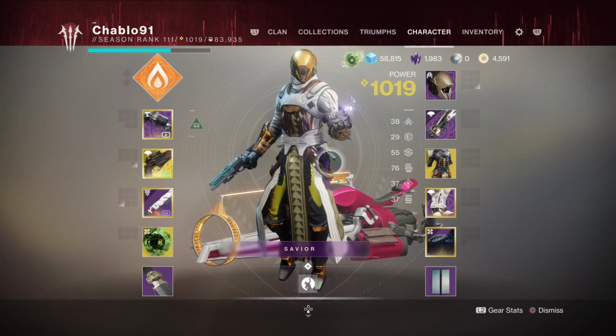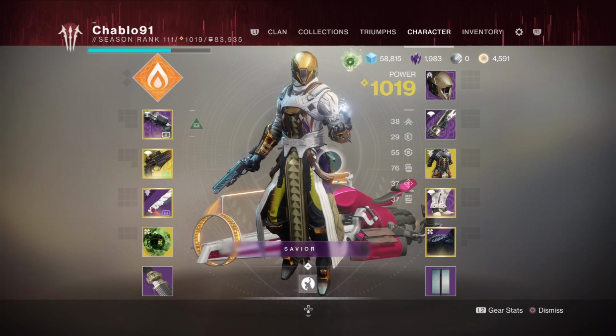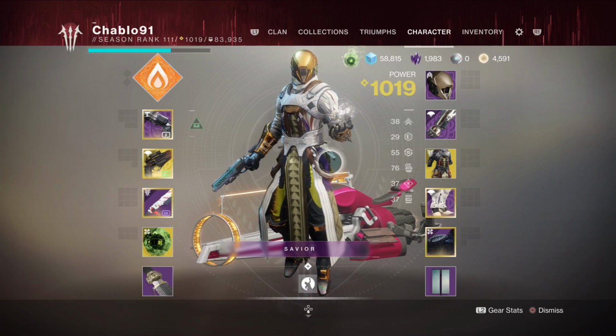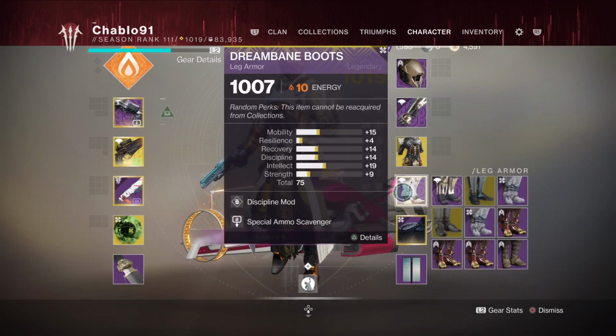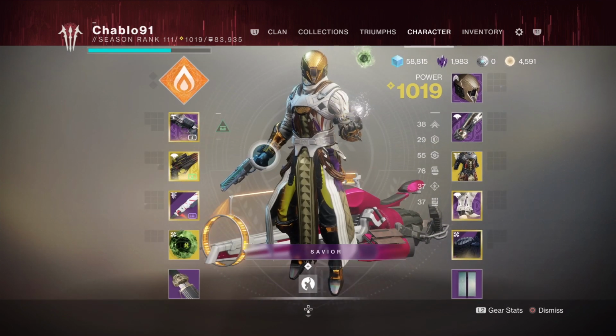My armor stats, none of it's optimized. The main thing that you want to worry about on a solo in this is ammo. Ammo is important, so you need perks to help you out with that. I've got light arm reserves on my Phoenix Protocol. If you do have a Void Phoenix Protocol, or you can just change the element, have it double hand cannon reserves, and then on your boots make sure you've got special ammo scavenger or hand cannon scavenger on, and that'll just ensure you get a little bit more ammo for Eriana's Vow,